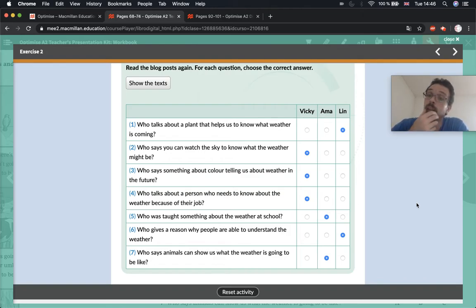Okay, now if you made any mistakes, go back and find the mistake, find the correct answer, right? Find the correct answer in the text for the ones you got wrong. Okay, if you got them all correct, fantastic. But yeah, so that's basically how to do that reading exercise.